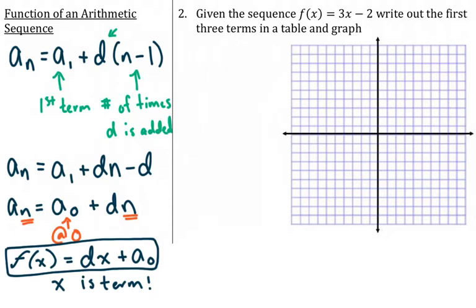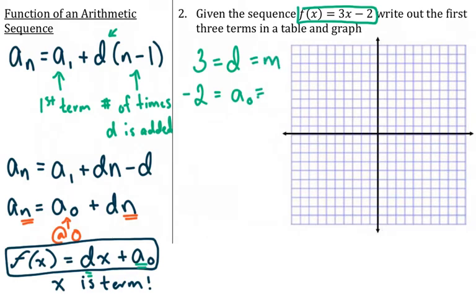So then if I'm looking at question number 2, given the sequence f of x is equal to 3x minus 2, we can see that this is an arithmetic sequence where 3 is in the position of D down here, and then negative 2 is that initial point, right, which we can think of as slope and as the first term. And so this just tells us kind of what the slope would look like. And if we graph this,